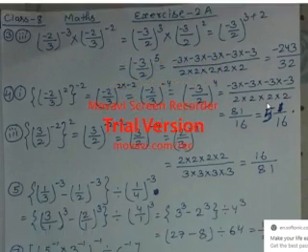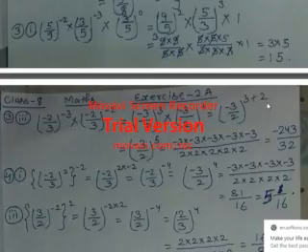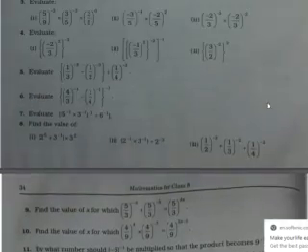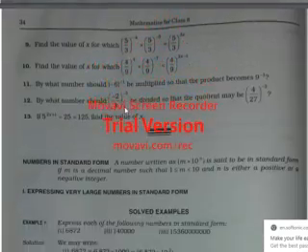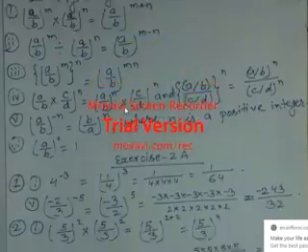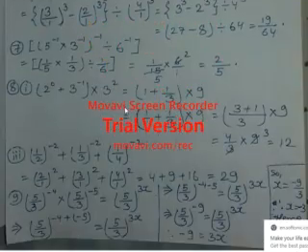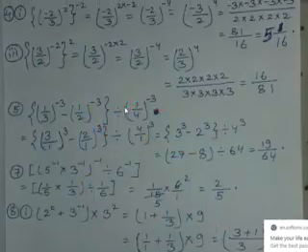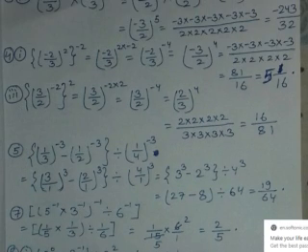So now if you see number 4, all questions are evaluate. If you see over here, I will show you 4 number, 5 number, 6 number, 7 number. Up to 7 number it is evaluate. Of course 8 number is also evaluate. Find the value means evaluate only. So you can see here up to 3 number I had explained.